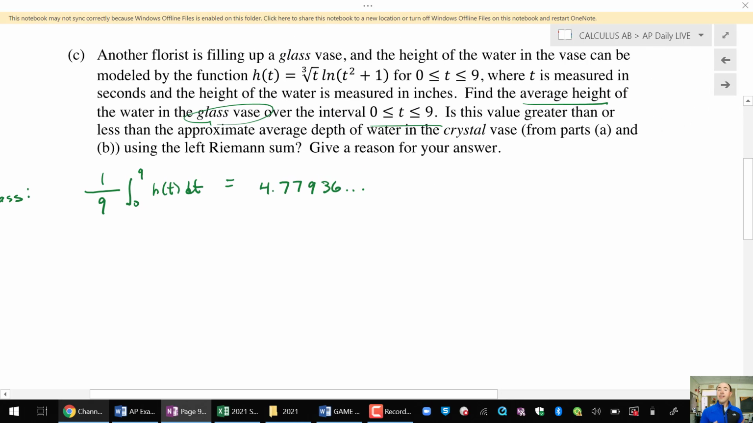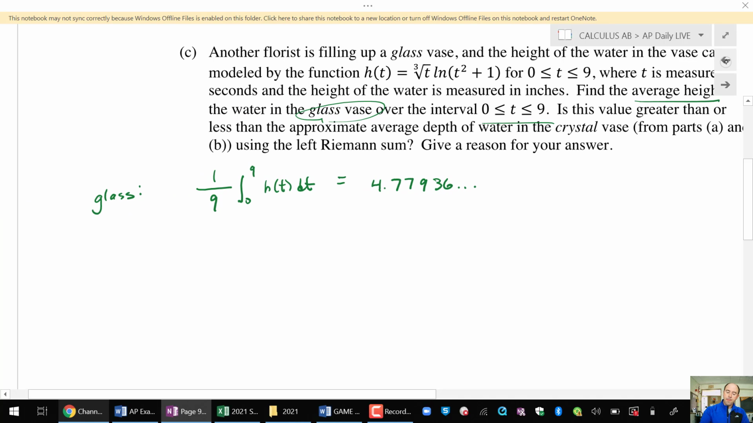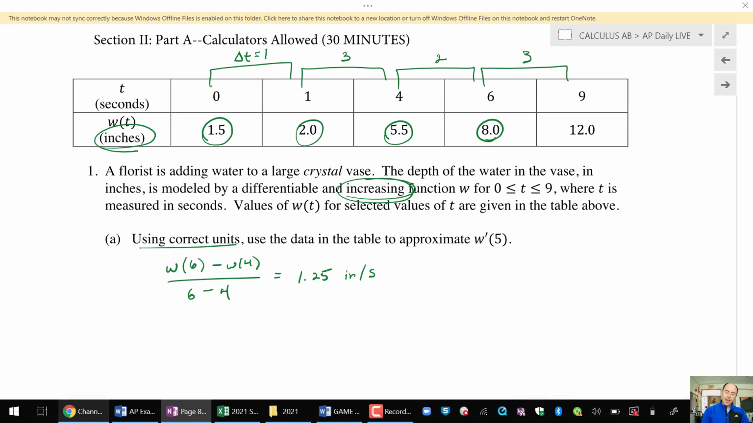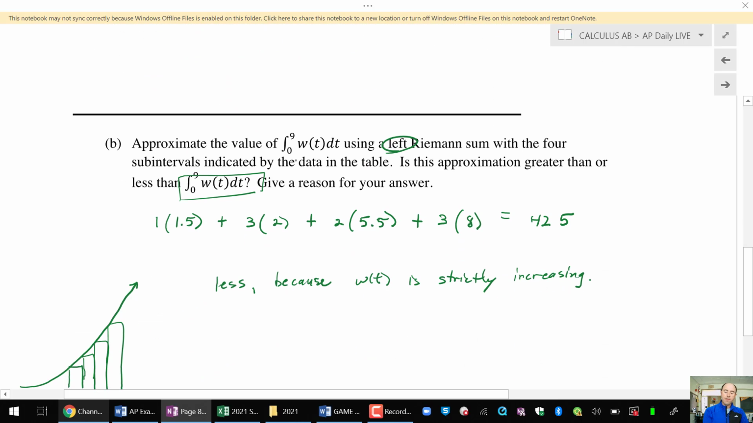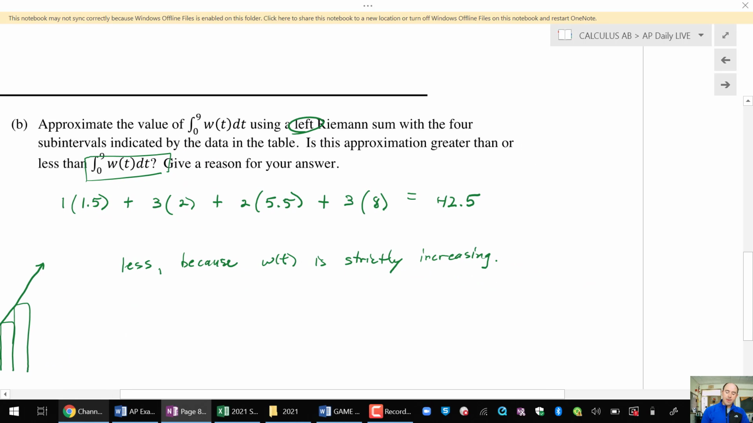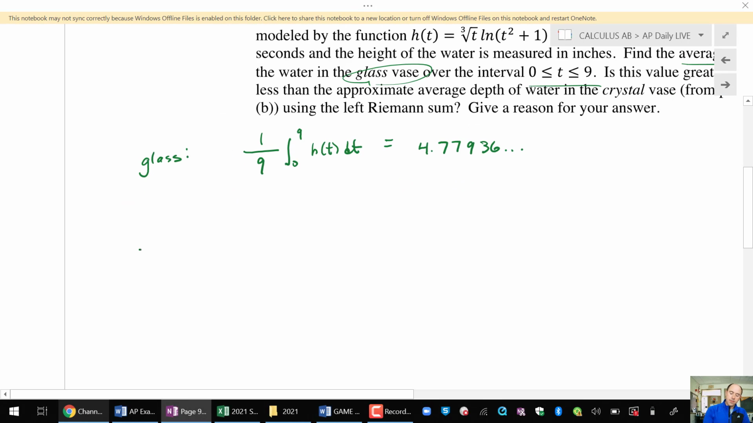Is this value greater or less than the approximate average depth of water in the crystal vase? The crystal vase was given to me back here in part A. And so if I want the average value, or the average height here, then I want 1/9 of the integral from 0 to 9 of w. Well, I have the 42.5 as my approximation for the integral from 0 to 9 of w. So take that 42.5 and just divide that by 9. So for the crystal, average depth would be 1/9 of the 42.5. I got that from the Riemann sum from w, and that's going to be 4.722